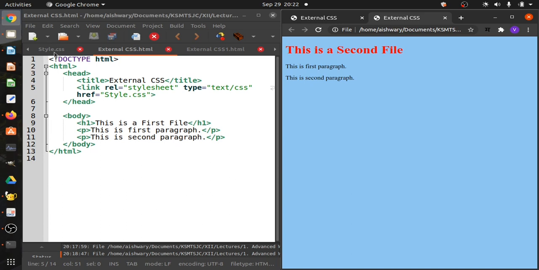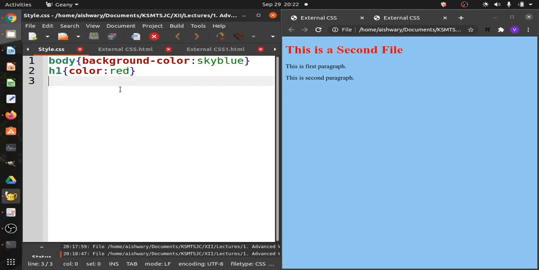Now what I want to emphasize or show is, let us put the background color as, it may not look good, but just to represent, yellow. Save. Now I have just changed the contents of style.css.